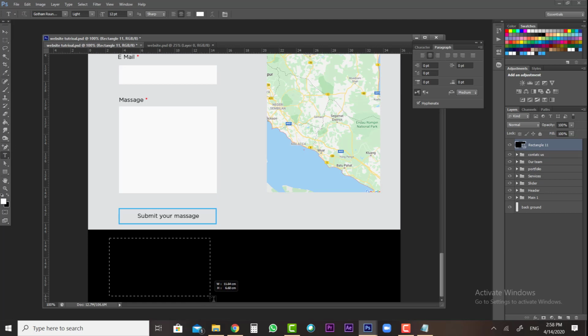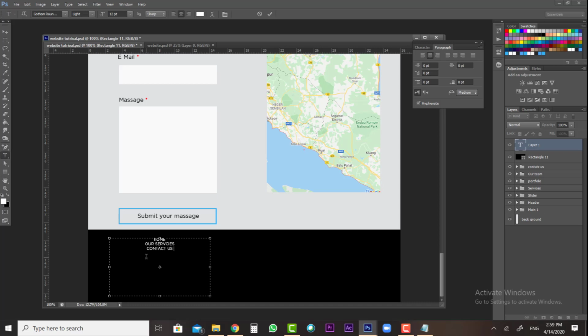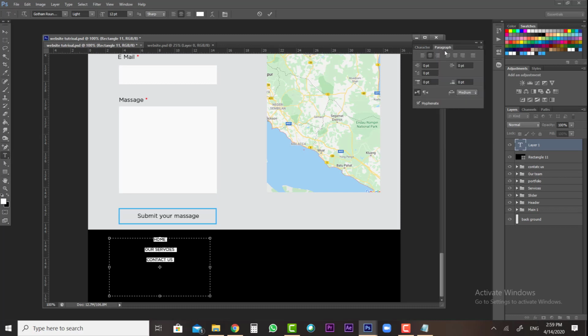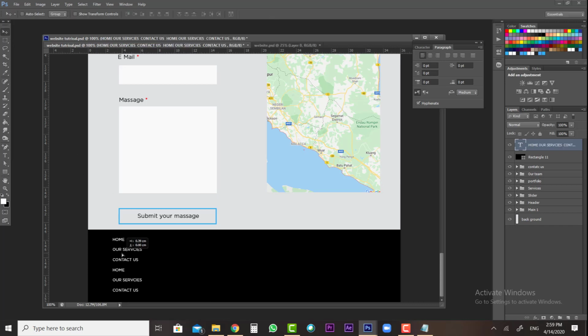Create a text here, for example, home, our services, contact us, and then Control A, give some distance. We'll start from left, copy, and then paste again. Okay,